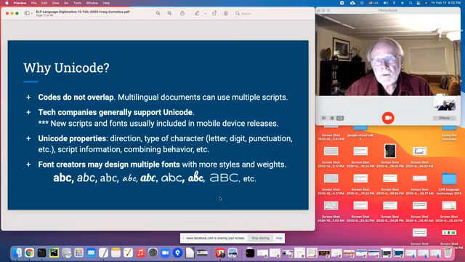Why Unicode? Well, the principal reason for using Unicode is that the codes don't overlap. So multilingual documents can use multiple scripts, and so multilingual documents can easily be created. And the next big reason is almost everybody supports Unicode. And the third thing, which is not so obvious, but I hope will make sense to you, is that every